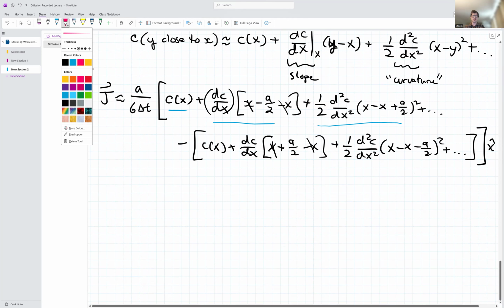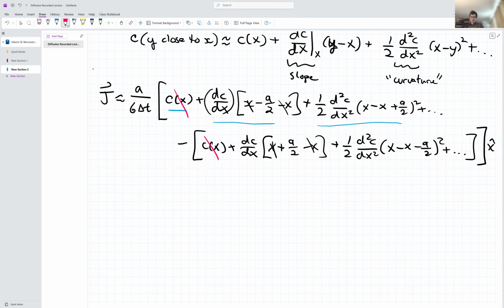This c cancels this c. Since these x's cancel here and here, there's a plus sign here, but there's a minus sign here. So actually, this cancels that. So the second order term is not contributing. So the first non-zero thing that we get in this approximation is this guy, because you see you have a minus sign there, but you have a plus sign there. So what this is, right,